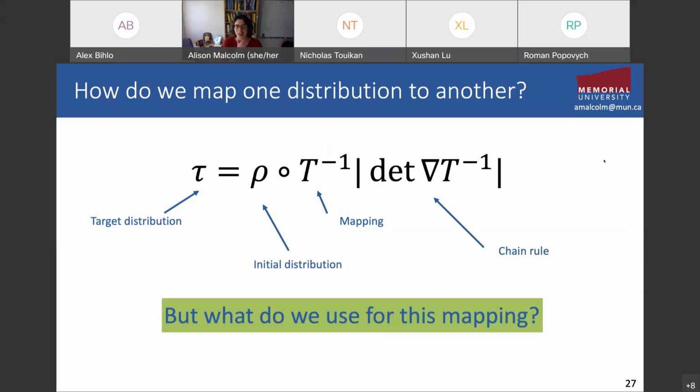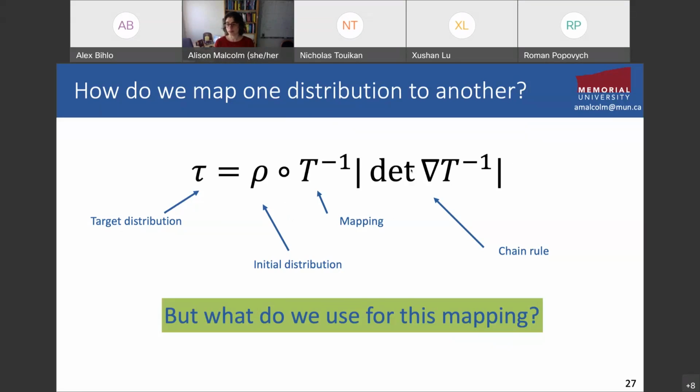Well, it's kind of fun actually to read about and to learn. When I was learning about normalizing flows, one thing that struck me is that a lot of the conversation is about this equation here, and it's about reviewing the chain rule from calculus. I found that frustrating, because to me this is the simplest part of the normalizing flow, because basically what we do is we change variables. We have some sort of target distribution, and we have an initial distribution, and we want to map between them. So we have this mapping, and we have a change of variables determinant,